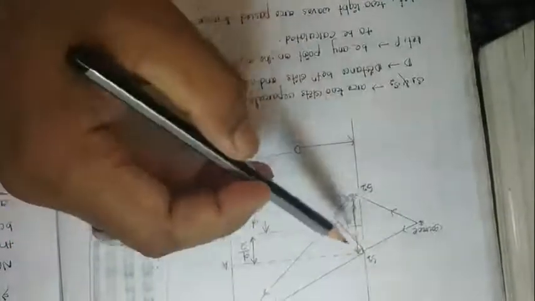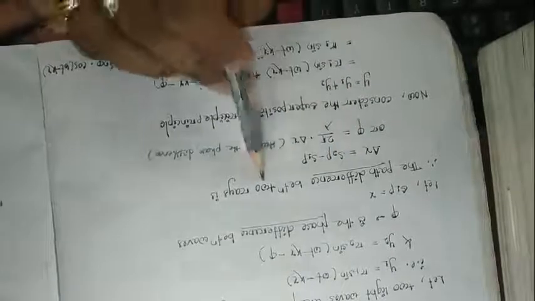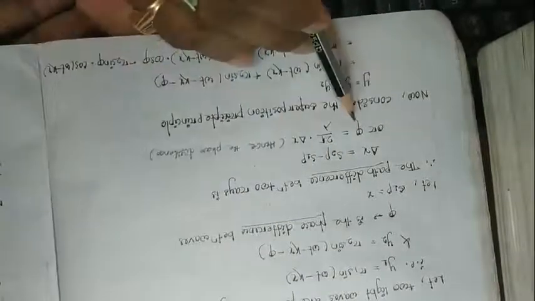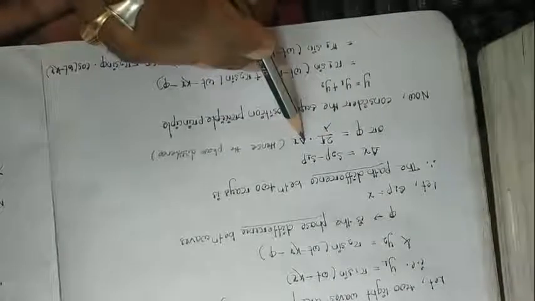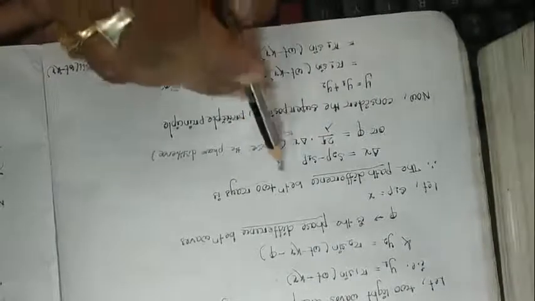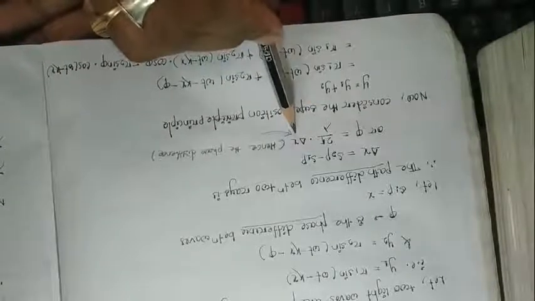Now, from the figure we have discussed that the path difference between S1P and S2P will be delta x, that is S2P minus S1P, the path difference between the two rays. Hence the phase difference phi is equal to 2 pi by lambda into the path difference. Hence the phase difference between the two rays will be 2 pi by lambda times the path difference.